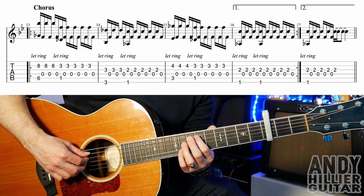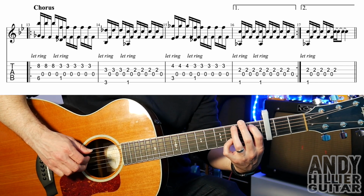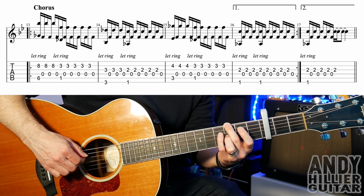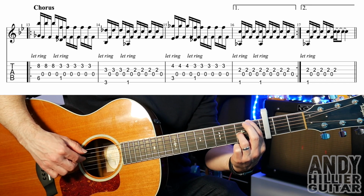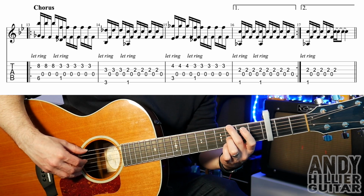So the first bar of the chorus you get. Then it goes to E3 with G3. Again, jump into the D string, and then fret 1 on the E string and 2 on the G string. So bar 14 you get...